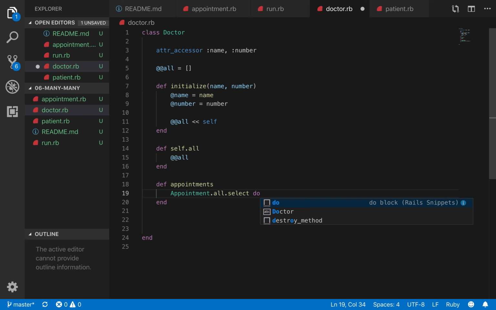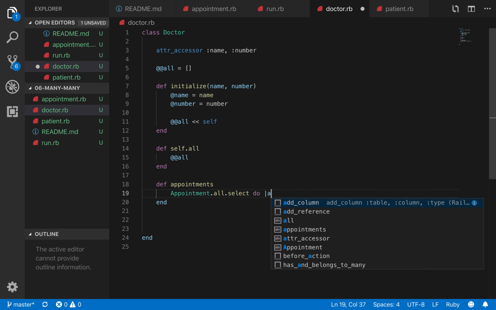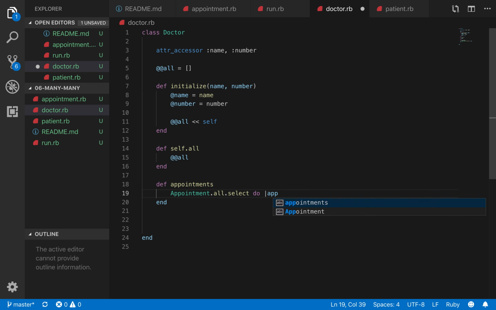Okay, I'm going to stick to do and end. If you are familiar with the curly braces that we used yesterday, you can stick to that. But it's a nice practice to stick to one pattern throughout your application. Somewhere you put do and end, somewhere you put curly braces. It's not going to break your code, but it's better to stick to one pattern throughout your code. So do, each one I'm calling appointment,